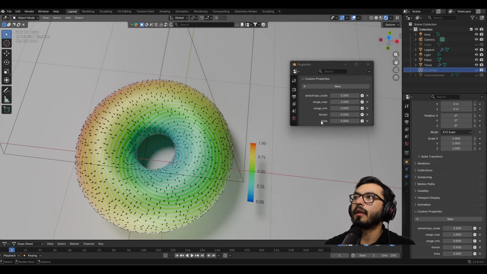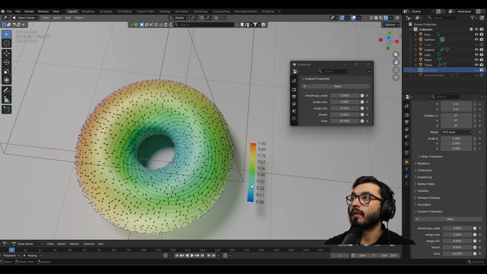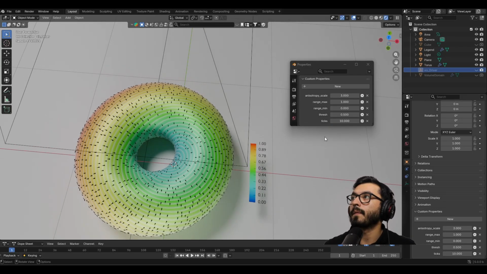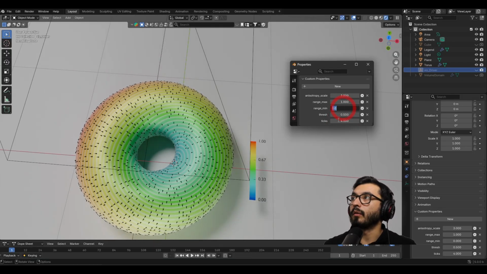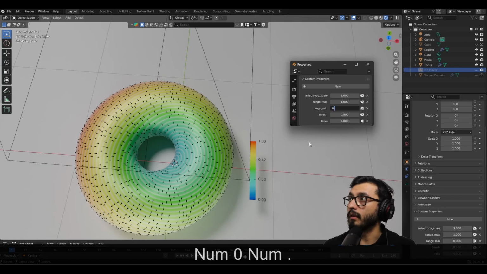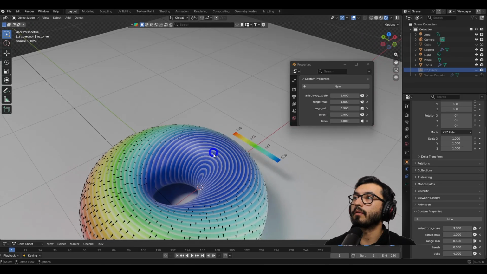We will adapt the ticks. We can change the ticks to be 10, and we will have all the 10 ticks here, or 4, and this will be automatically updated. 0.5. We'll have one region here without glyphs because there's no change,